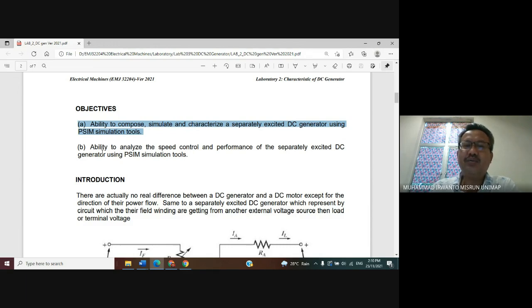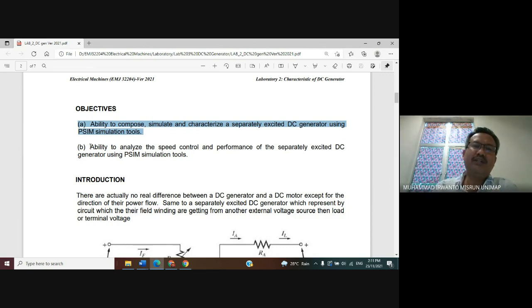And then we compose the mechanical system. It means here is a DC motor and then a DC generator coupled by using the mechanical coupling block here, and then simulate, and then we want to observe the characteristic of the DC generator.